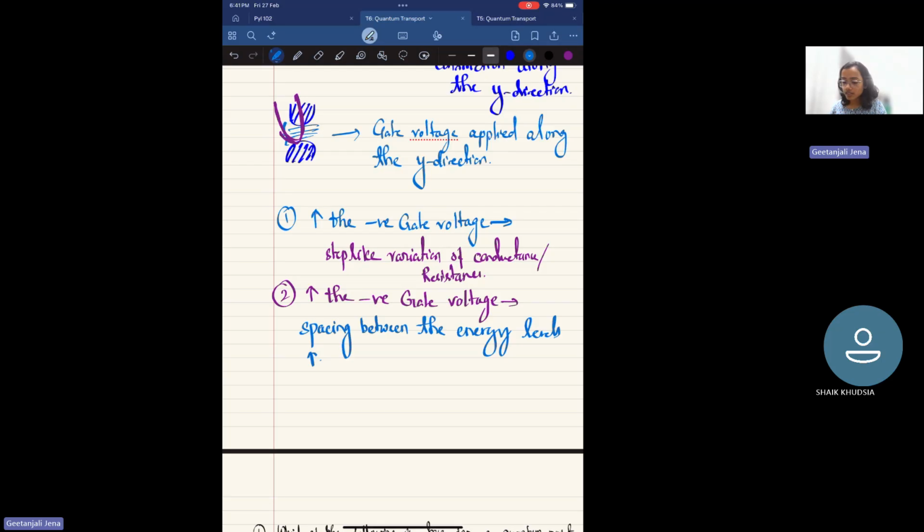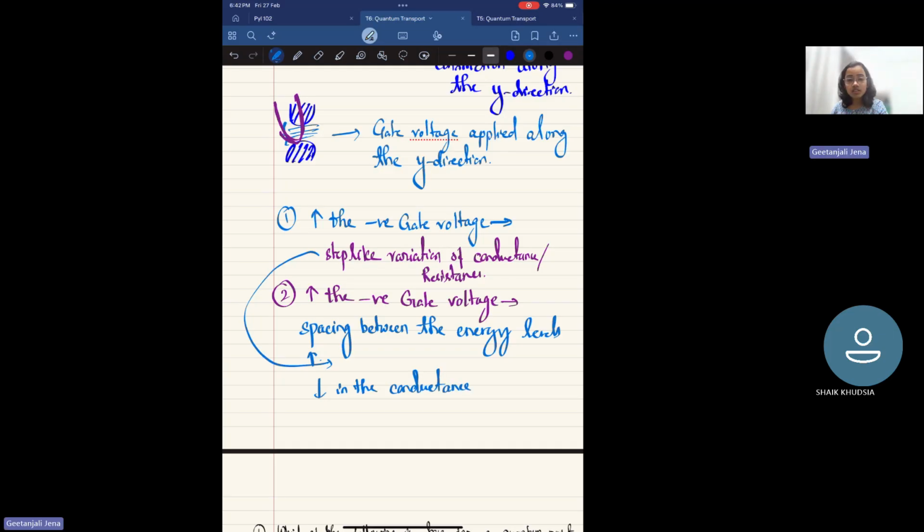And because of that, the same effect is observed: we'll see a step-like variation of the conductance as well as the resistance whenever we increase the gate voltage. And the conductance will gradually decrease because the energy levels are skipping one by one. So because of that, we'll see a decrease in the conductance,